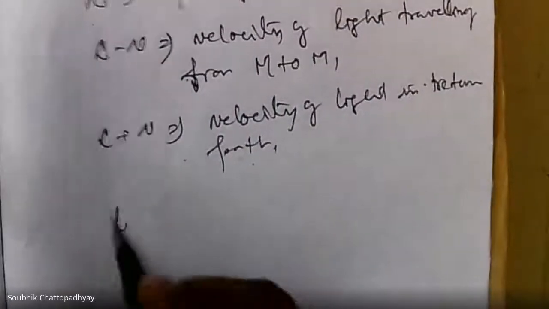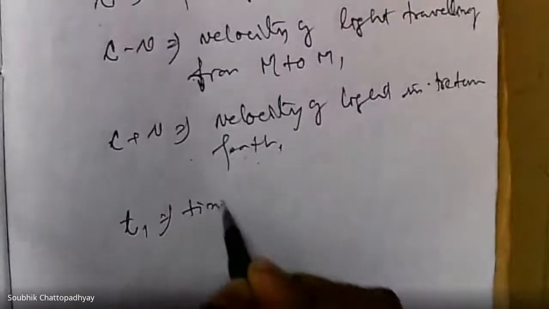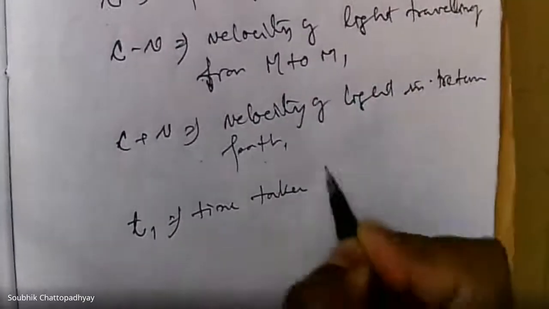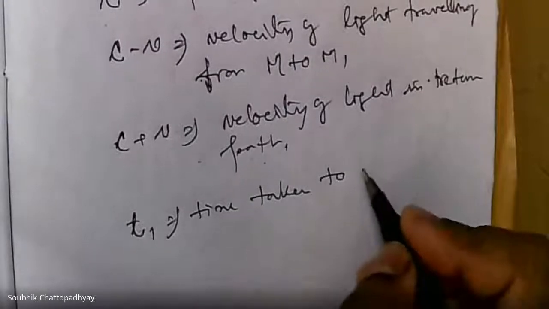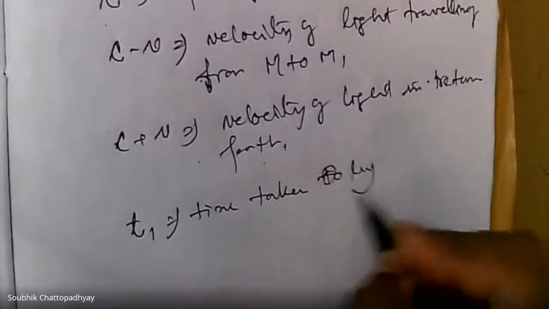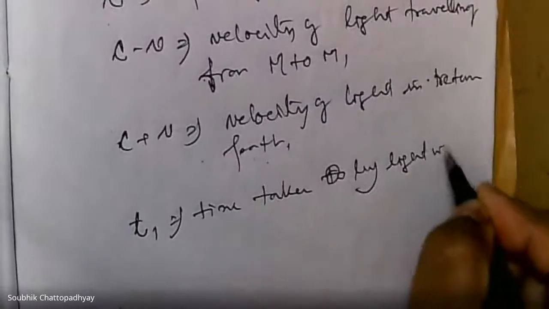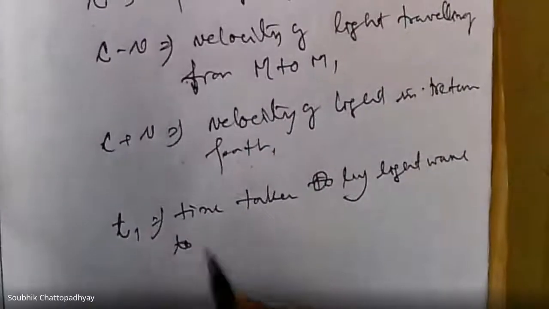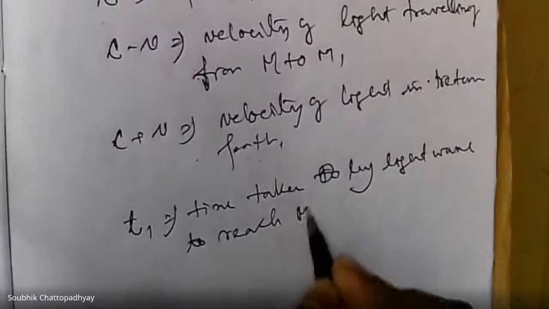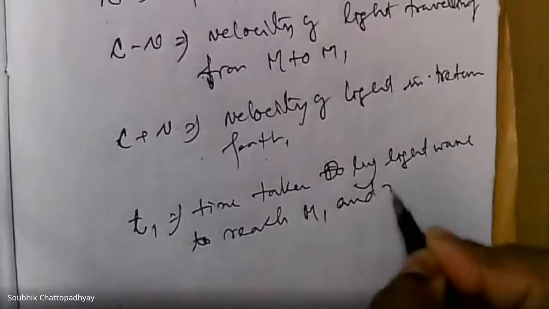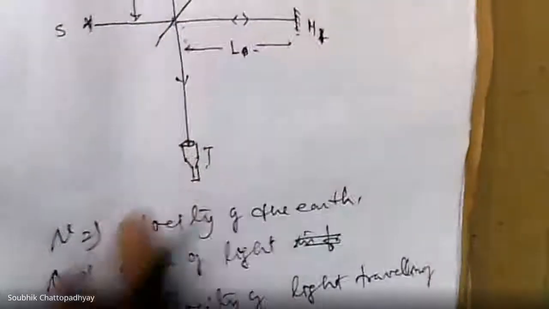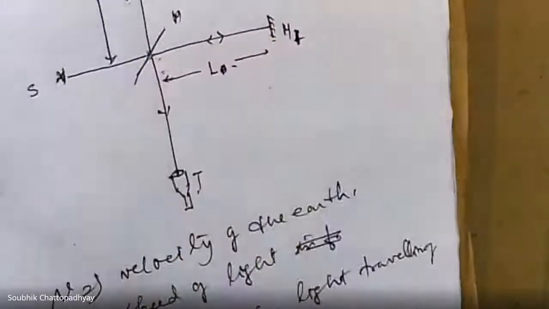তাহলে t1 is the time taken by light wave to reach M1 and return. So if this length is L, this length is L, M to M1 length is L, then we can write